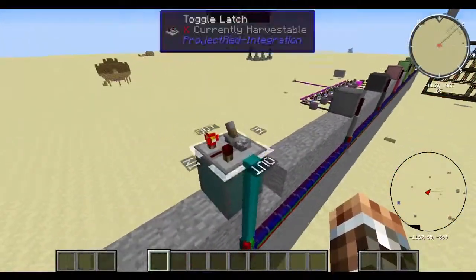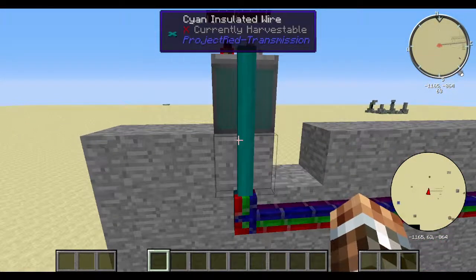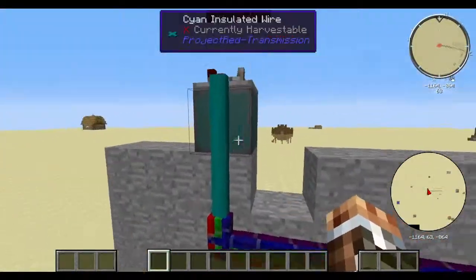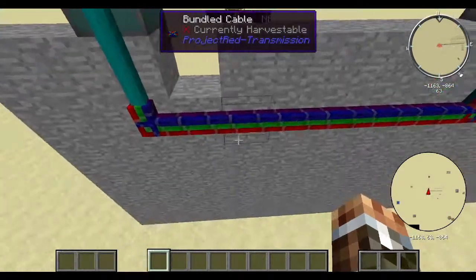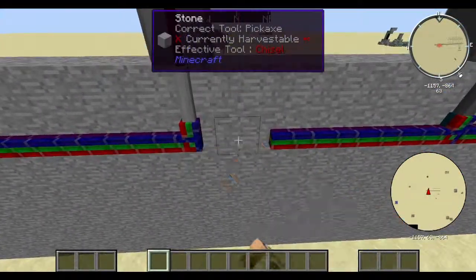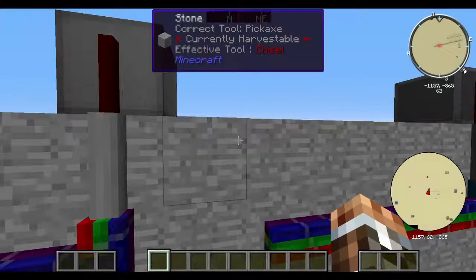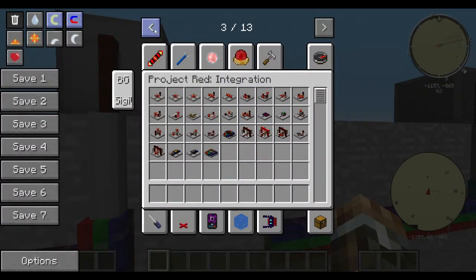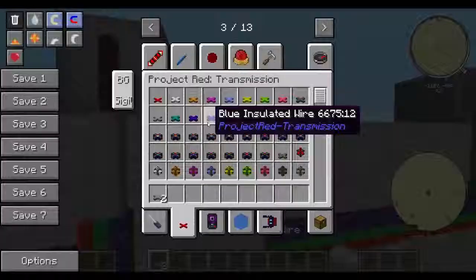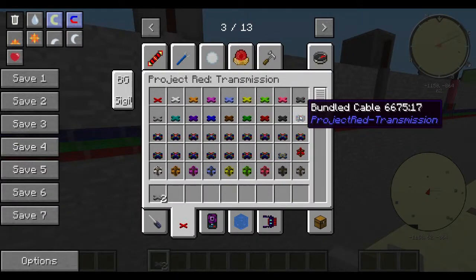Yeah, 0 through 9. So what should happen is if I turn this on, the power goes into the blue wire. It goes into this bundle cable, which all that means is basically you can have a whole bunch of different colors going into the bundle cable, but when they come out the other end, they're not going to get mixed up. They're going to come out as that color. So for example, it goes into the blue, but it does not power the light gray, which is really useful. Anybody who's played with Redstone knows that keeping wires from crossing can be a bit of a pain, but